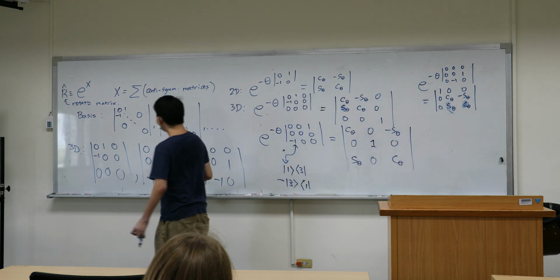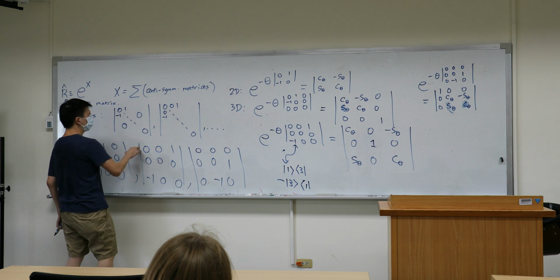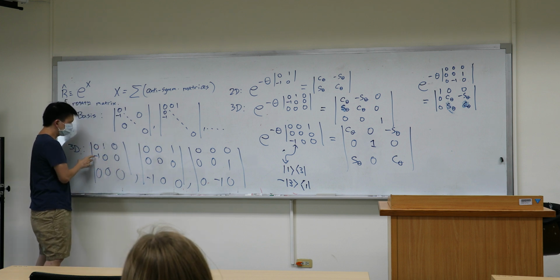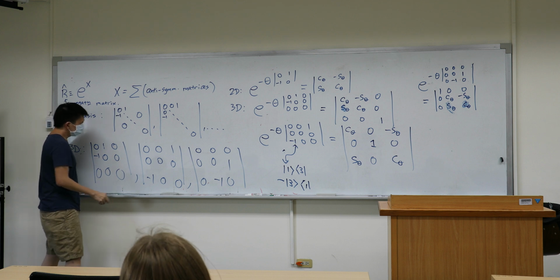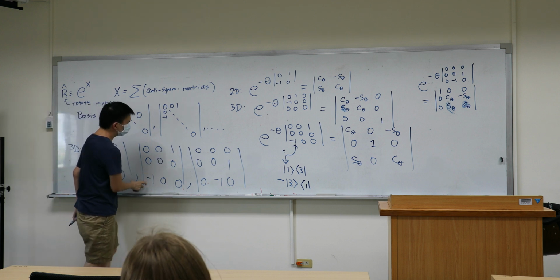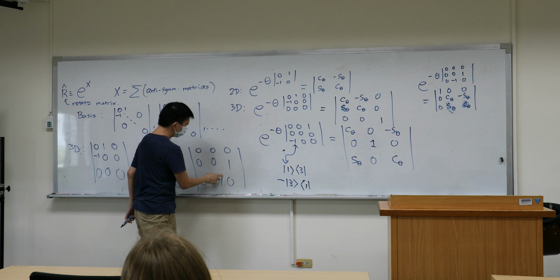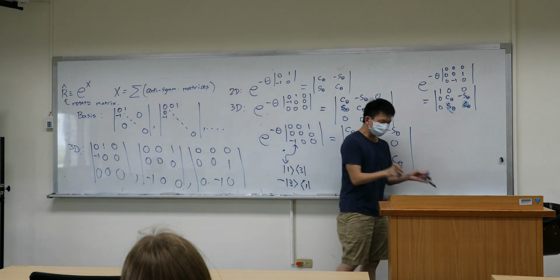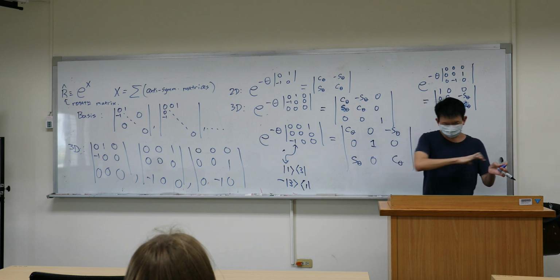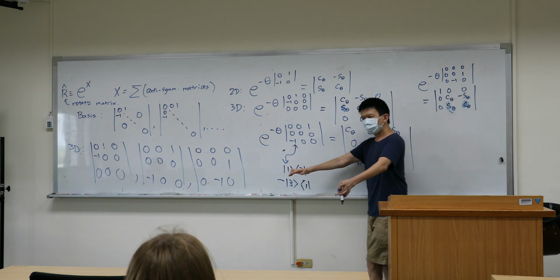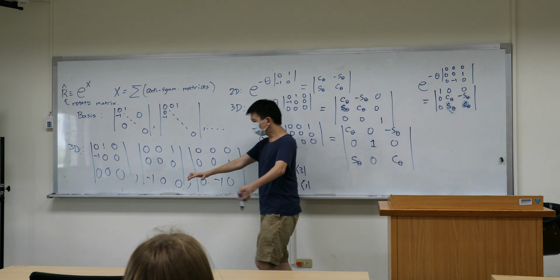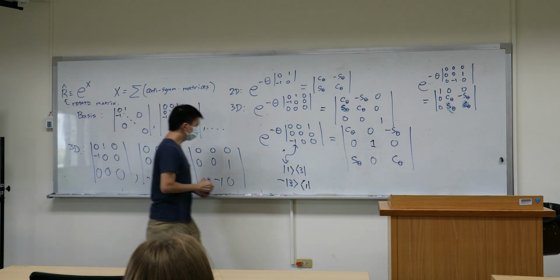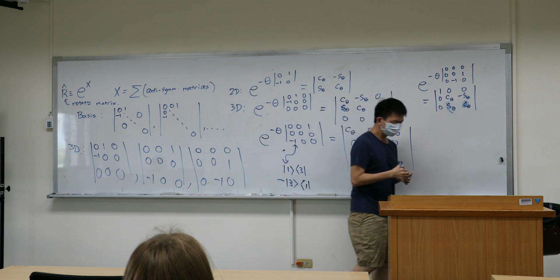You see that what you're always doing, for example, in 3D, this mixes the first and the second, this mixes the first and the third, and this mixes the second and the third. So you're always rotating a plane. You pick two coordinates, that defines a plane, and what you're doing is you're rotating that plane. Right? So this is something that we're just talking about geometry here, but